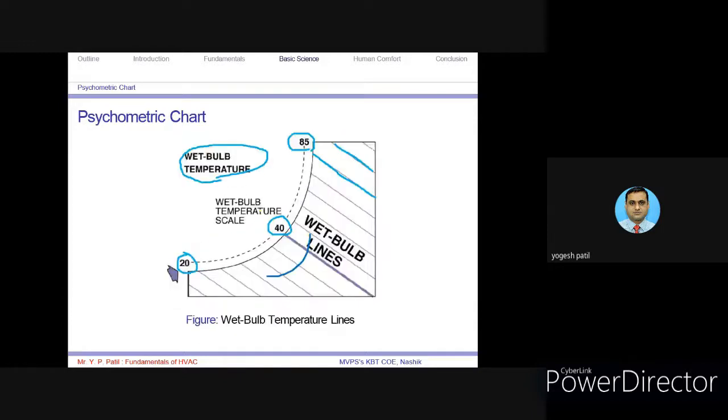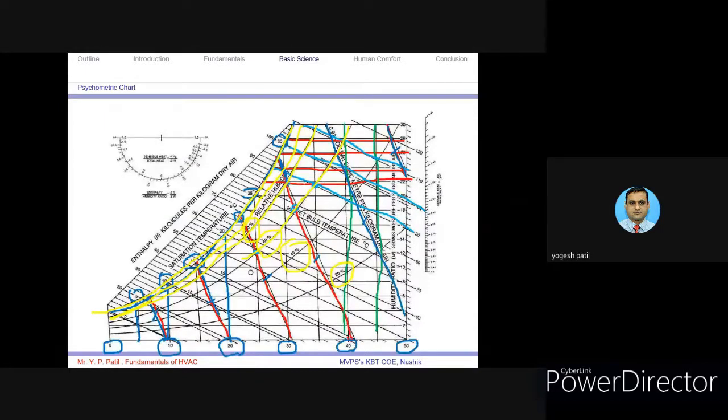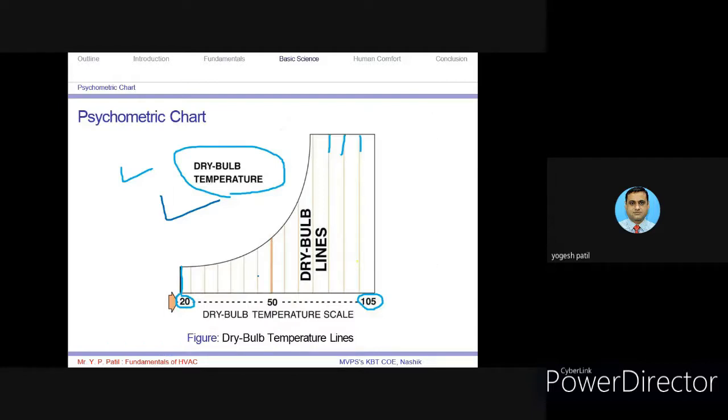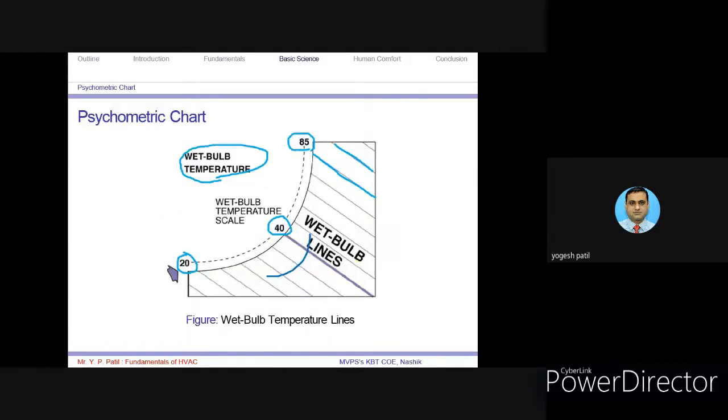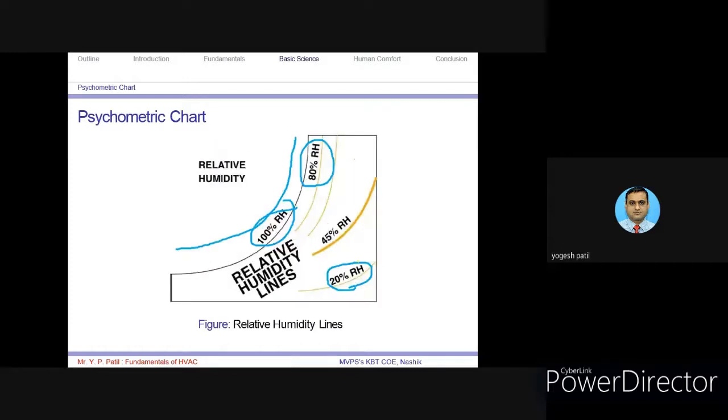The dew point temperature is shown as horizontal lines. You can see these lines, this temperature can also indicate wet bulb temperature, no issues with that. But all the horizontal lines are dew point temperatures. Their values also we have to interpret. Sometimes we can use this side scale also to find the things, sometimes the left hand scale, vertical scale, horizontal scale. Different things are available, so we will go through some examples to do this exercise.